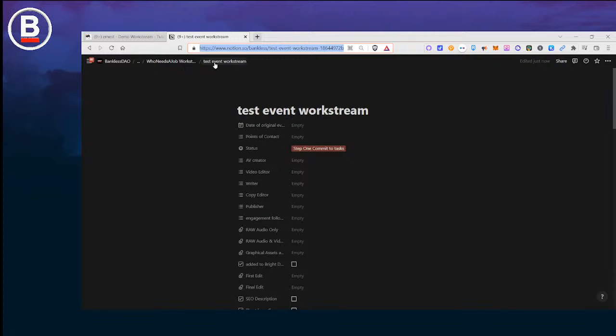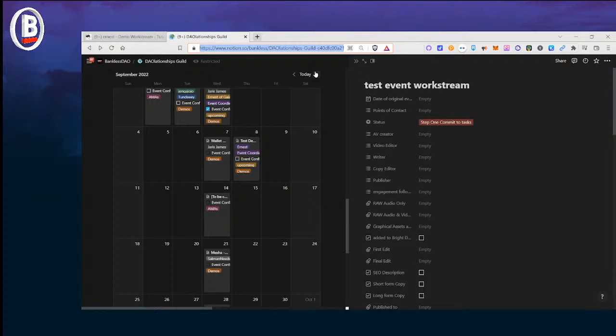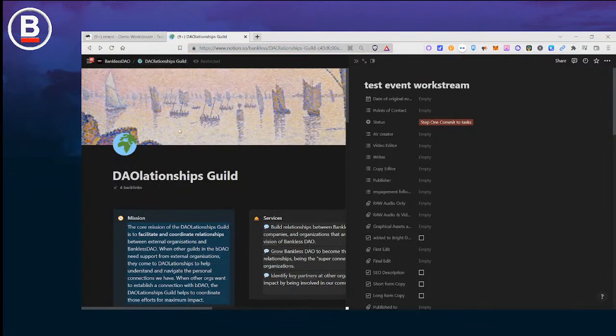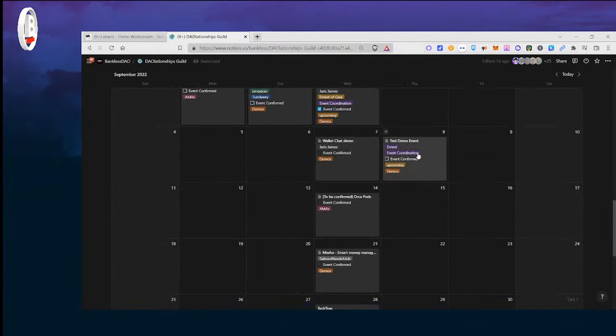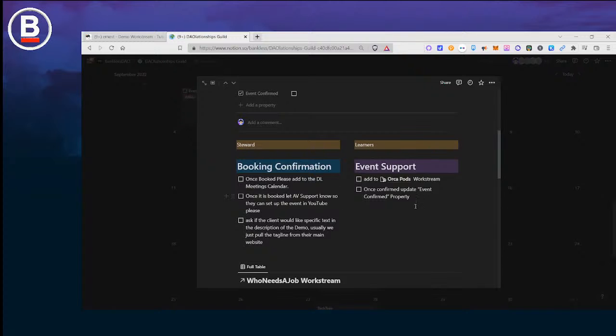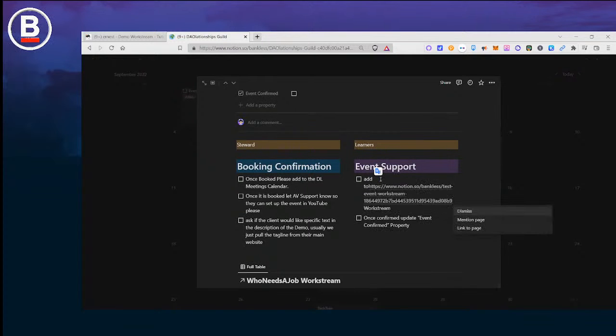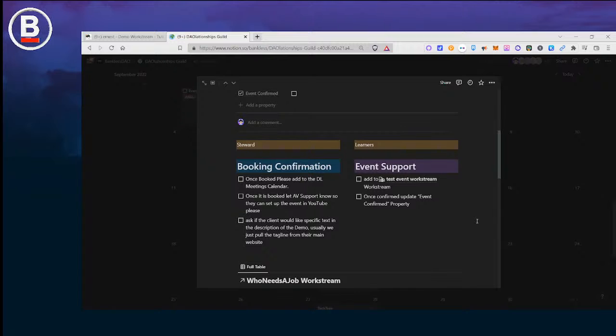And of course, once you have your workstream set up, you will want to include a link to that workstream in your administration page so that folks and the talent that you recruit know exactly where to go to support your event.